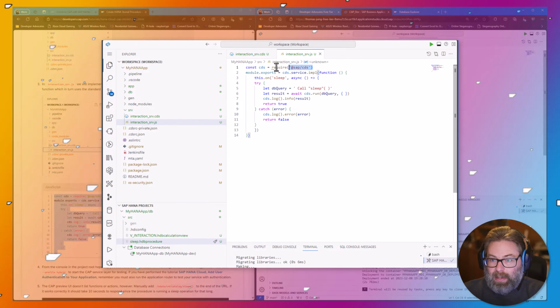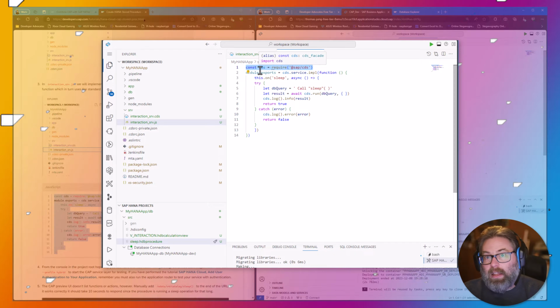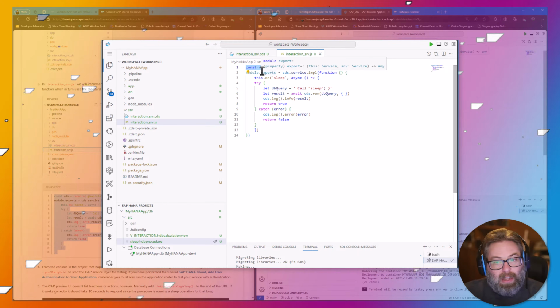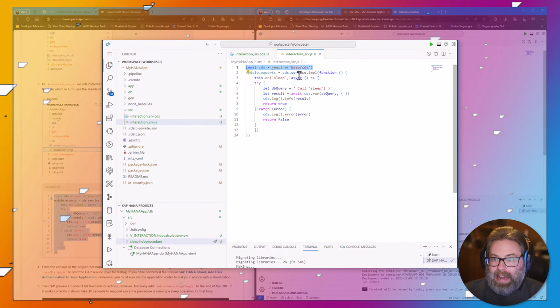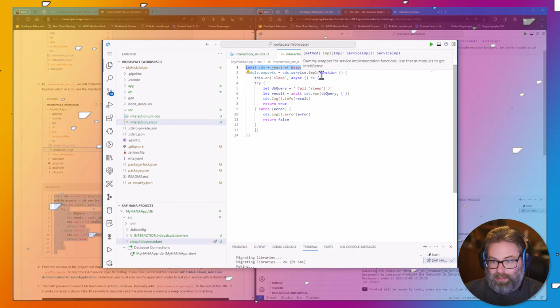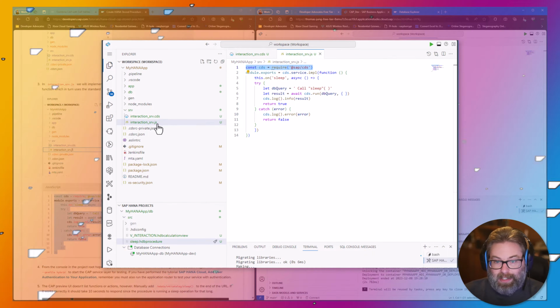And that's what we're doing here by requiring that module and putting it into a constant. That gives us programmatic access to all the APIs that are exposed as part of the Cloud Application Programming Model. Then we're basically adding an implementation handler for our service. That's what we're saying here, cds.service.impl, for whatever service that this is matched to.